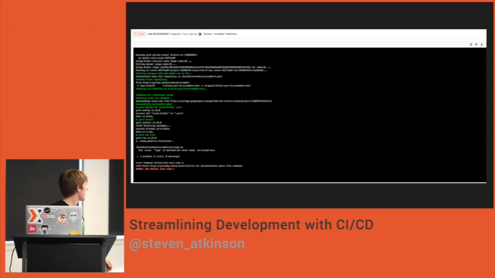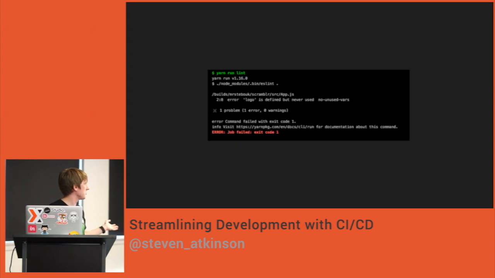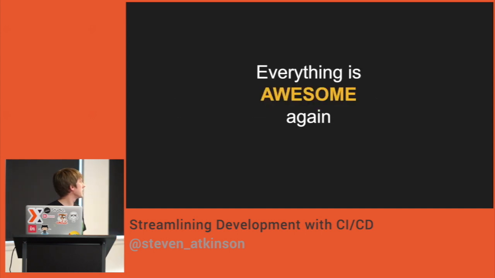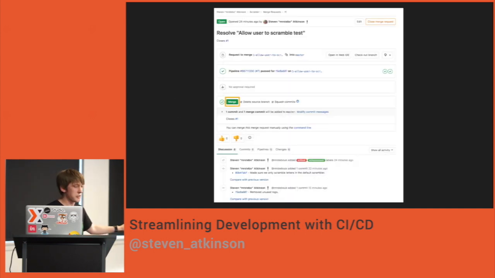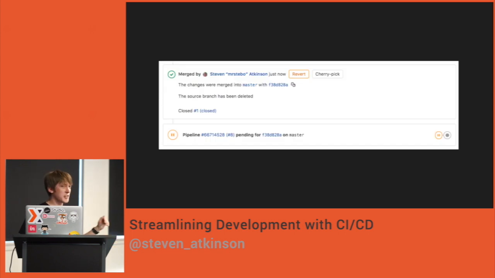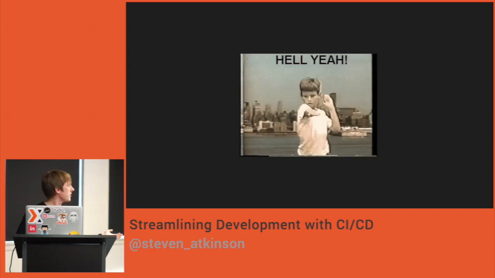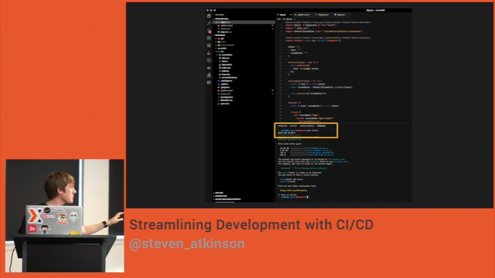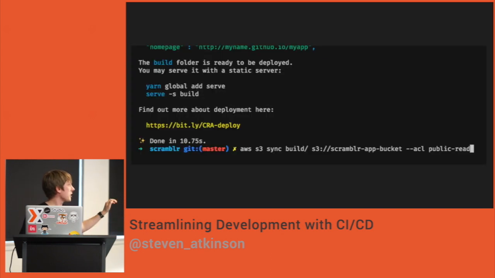But we still have our linting issue, which is that we took out the logo from the default page, so it says it's not used anymore. So we'll fix that by removing it, and everything is awesome again. So we'll merge into our master branch. That'll kick off a new CI pipeline job, and it's all pretty good. So we'll deploy. So we'll create an S3 bucket. We'll run yarn build, and then we'll sync that. No,